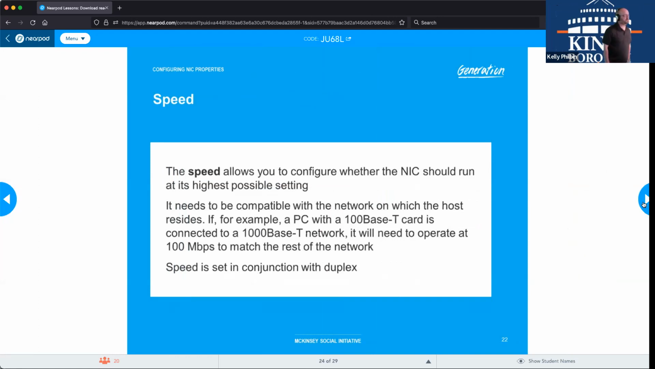Speed. So remember we were talking about Wi-Fi? If you introduce an 802.11b device into an 802.11g network, it slows the entire network down to B so that they can communicate. It's based off of speed. So speed on NIC cards, that happens as well. Your NIC should be running at the highest speed possible, but it needs to be compatible with that network